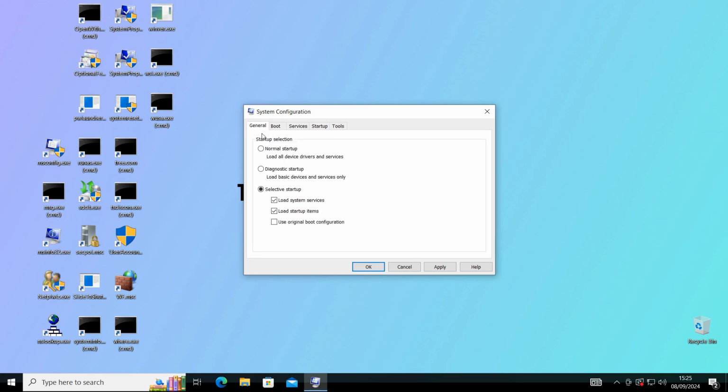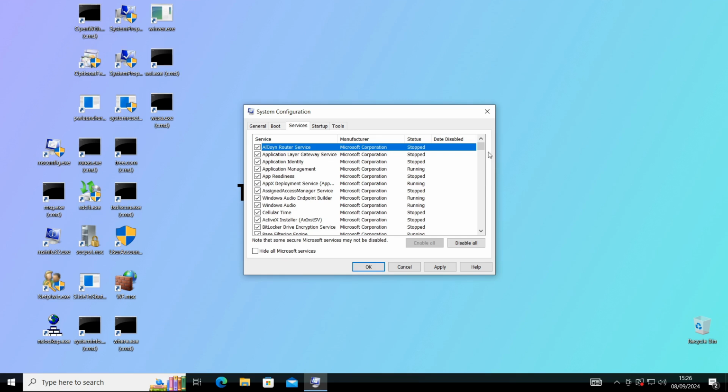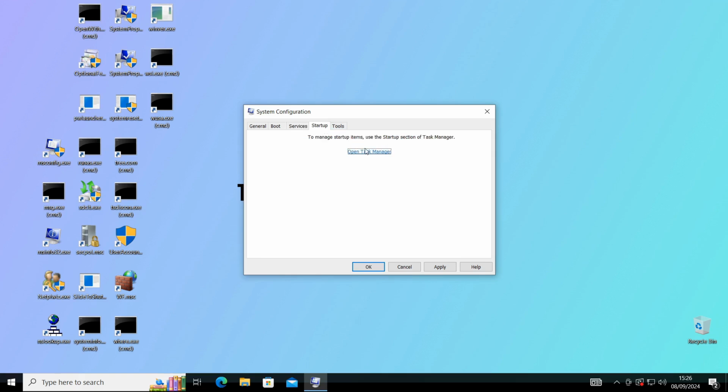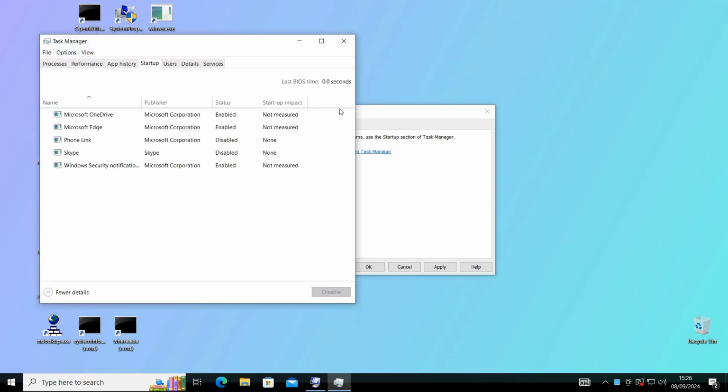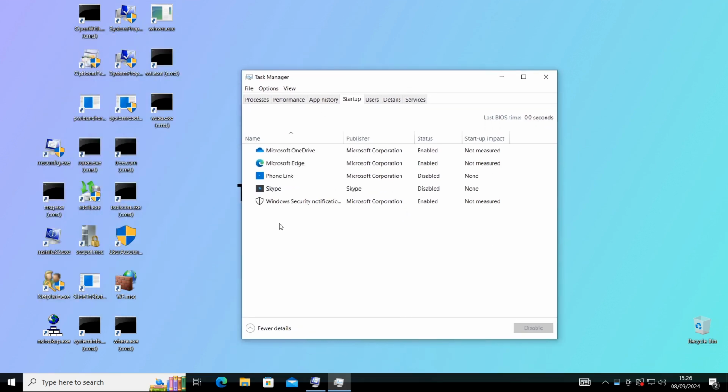If we go back here, we have normal startup, and also selective startup, diagnostic startup. I'm gonna select them. Here we have services, and here this will let you select, I assume, what services start up. Anyway, now we are in startup, and we have to use task manager here. Anyway, it opens task manager for us, and you can see here is all the startup entries, so you can